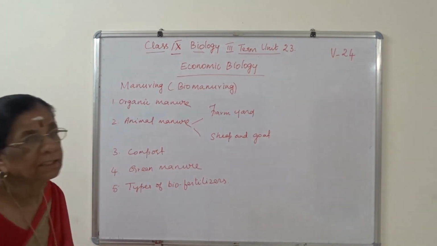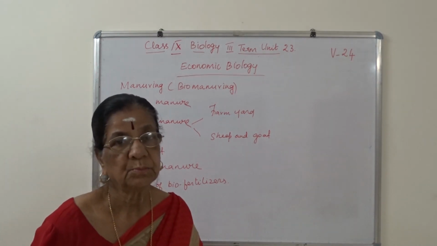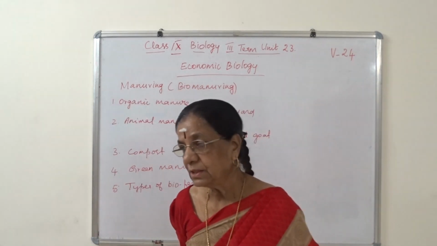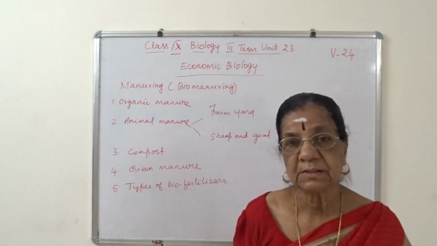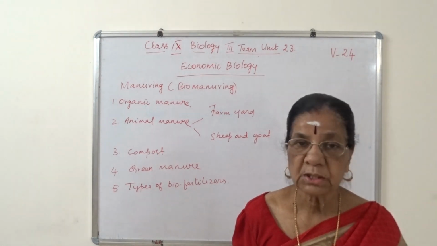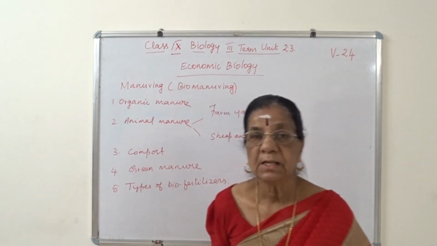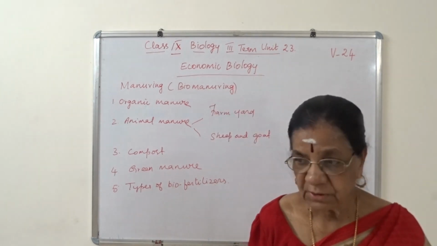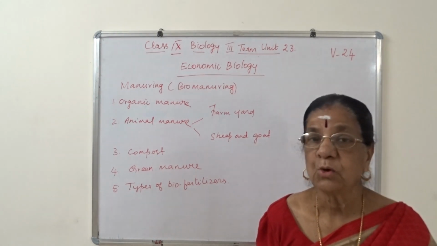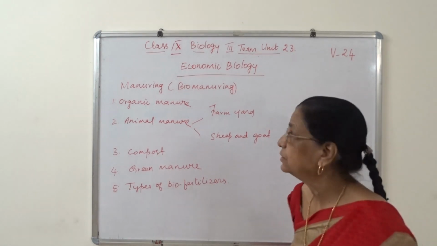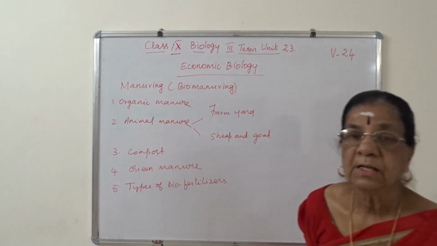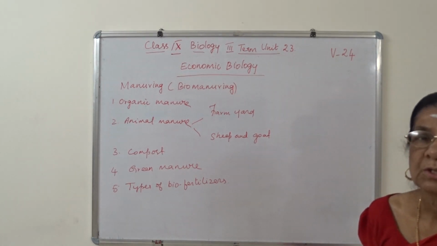Unit 23, economic biology, third term question. In video number 23 we learned about farming: vegetable farming, olericulture, then pomology, the study of fruits, and then flower culture, floriculture. That is about different farming methods in plants. Now we are continuing the same lesson, economic biology, video 24, where we are going to deal with